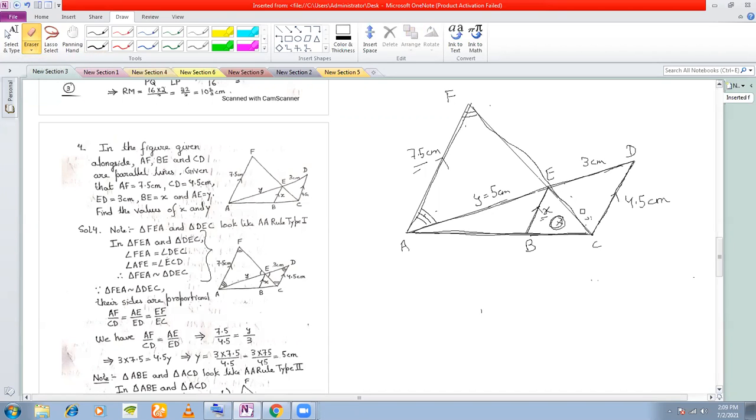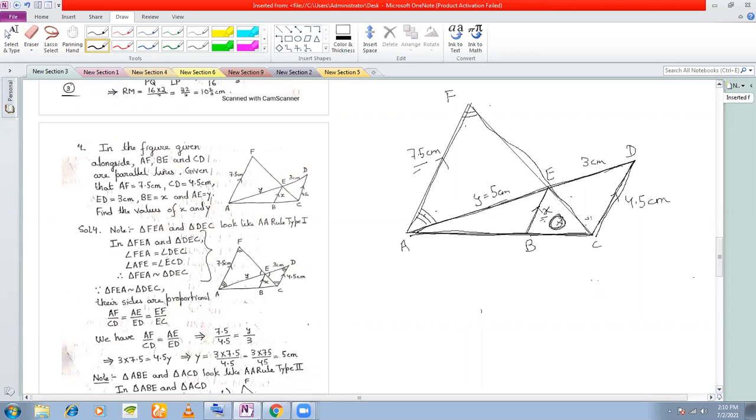What else are the sides of the smaller triangle? This is the side BC. Is this given? This is also not given. AC is the side of the bigger triangle. Is this given? This is also not given. That means most of the sides are not given in these two triangles. So there is no point proving these two are similar. The next possibility is that small triangle here and this triangle ACD.